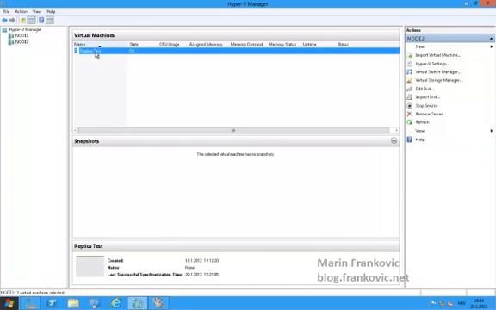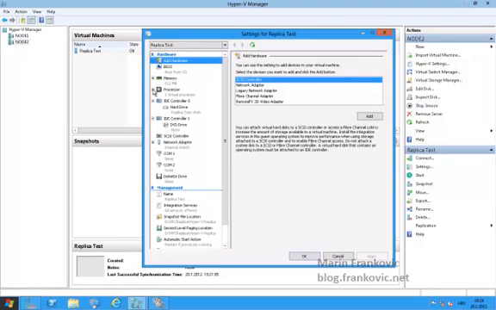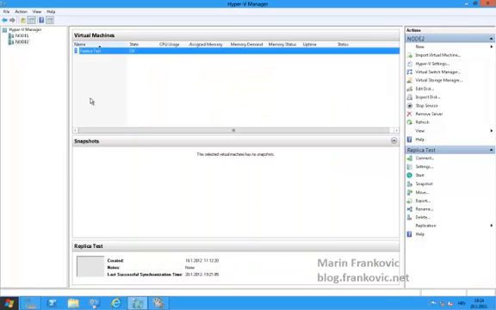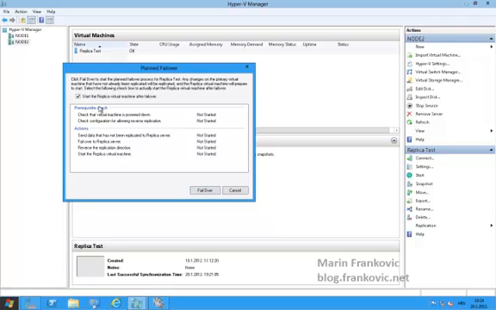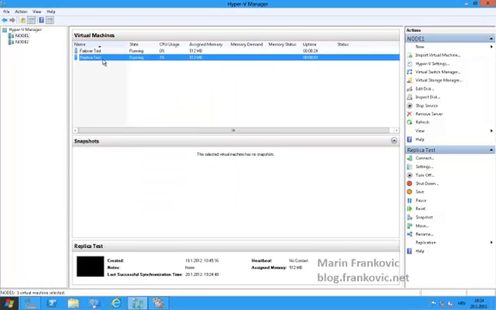One thing which is also important in a failover cluster, before you do this, is to check the virtual processor compatibility. My two nodes have different processors, so I had to check this option. So, planned failover. Okay, first the prerequisite checks, then failover. The virtual machine will be started on node 1. And that's it. The virtual machine is starting